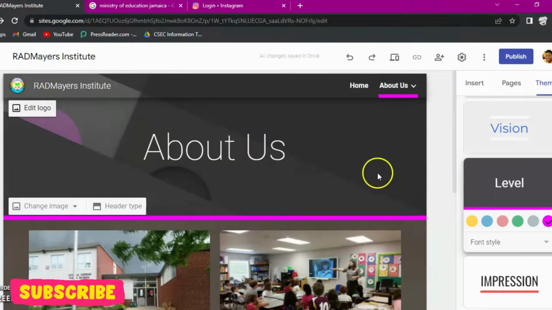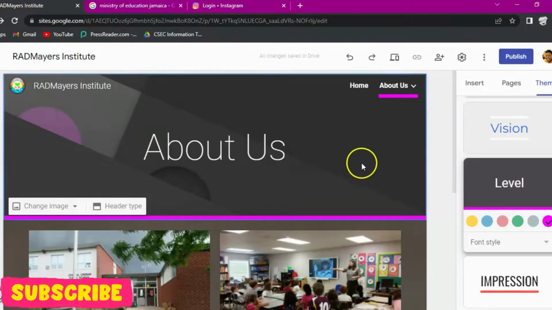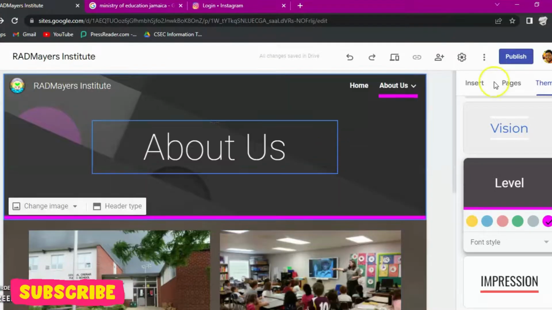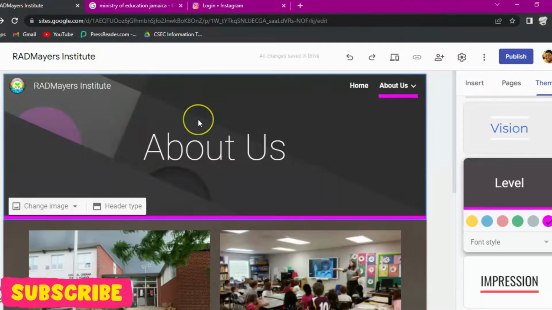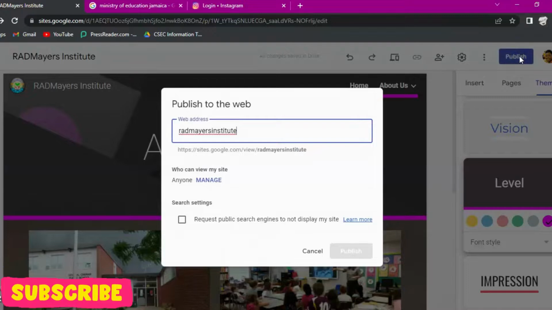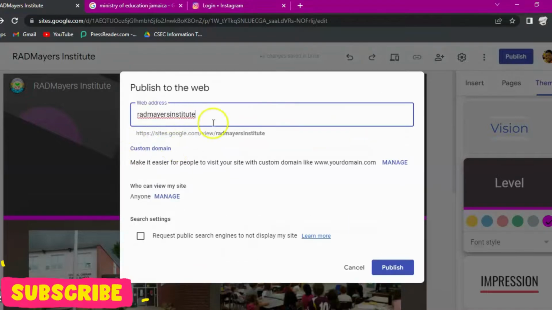Alright, and of course you could also change this header. So you can change image here and so on. Alright, so that is basically how you would create your website. And then the next thing, which is the final thing that you would do, is to publish your website. So you click on publish, and you would create your own little web address. So you can probably use your name,